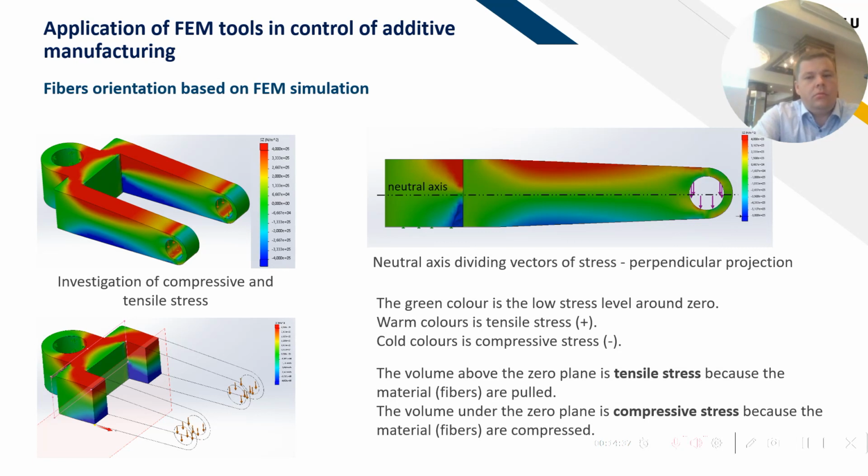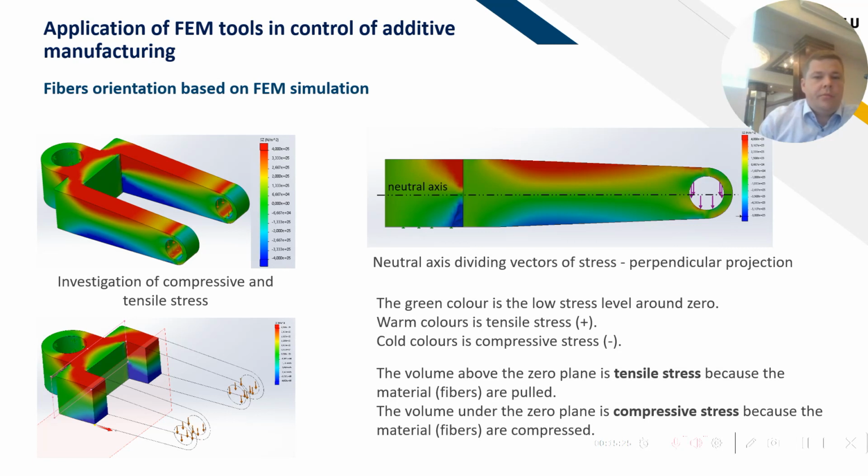Fiber orientation, especially in FDM technology, is very important, because the volume of the component which is compressed is stronger when the fibers are perpendicular to the load. So when we do an investigation of compressive and tensile stress, we can get this chart of the model,